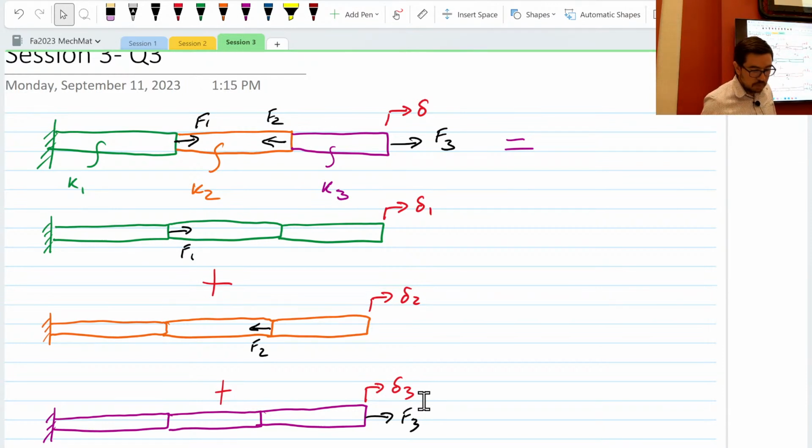Well, what are the forces in these second and third members over here? These forces are 0. Okay? Why is that? If I take a slice here and I were to open, like if I took a slice here,